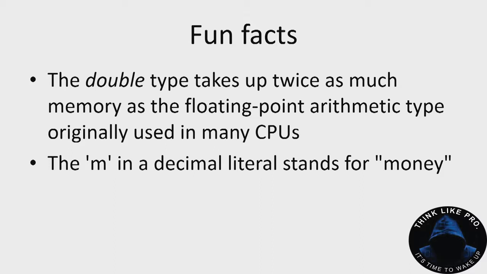The double type is a floating point type that takes up exactly twice as much memory as the normal floating point type, and so it was called double. That's maybe not a great reason to give something a name, based on how large an amount of storage it takes compared to something else, but the name stuck, right? And the M in a decimal literal stands for money, and we're going to talk in more detail later on about